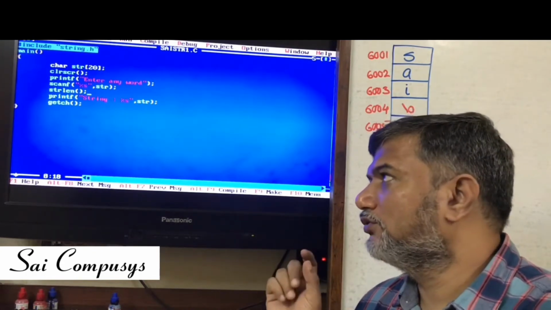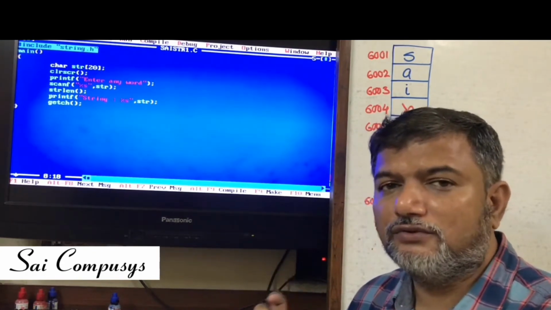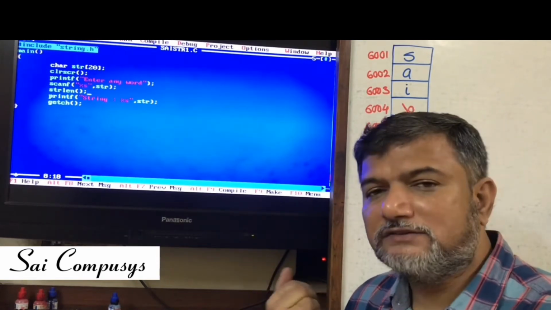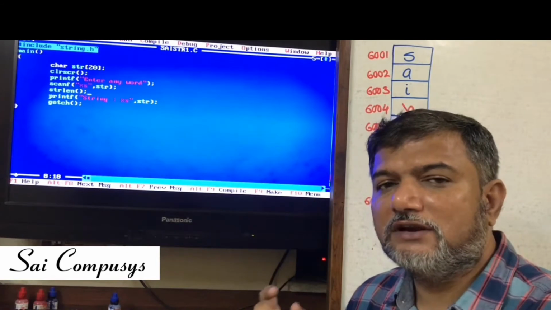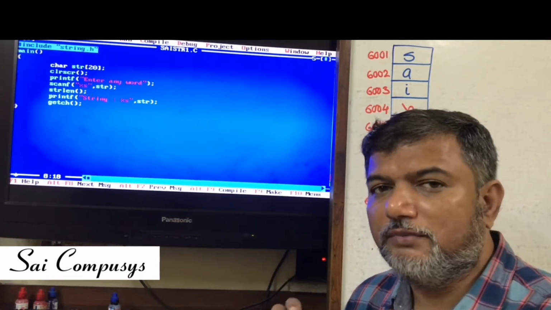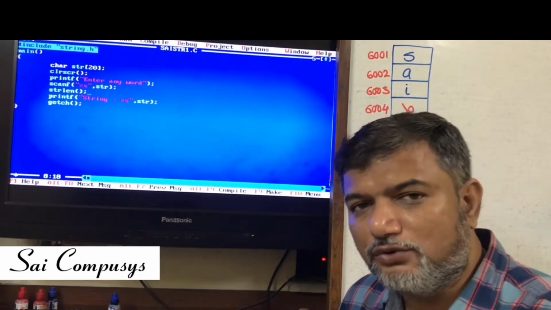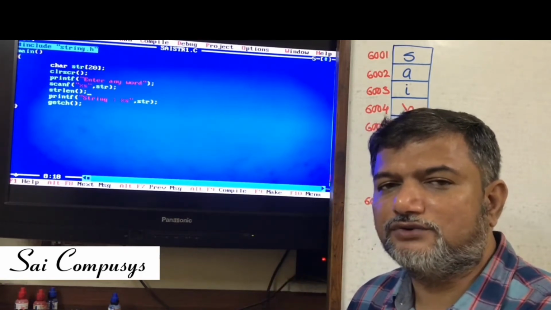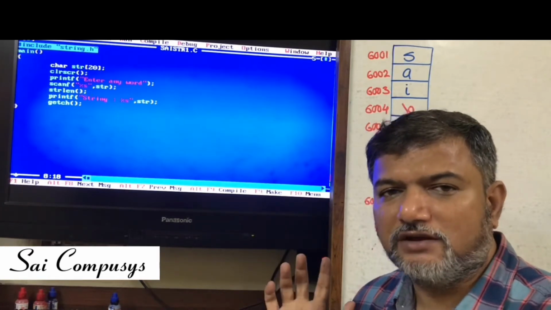Strlen is a function to find the length of the string. If you pass a string to it, it returns the number of characters in the string. By number of characters, I don't mean backslash 0. Excluding backslash 0, the number of characters stored in the string is returned by the function strlen.